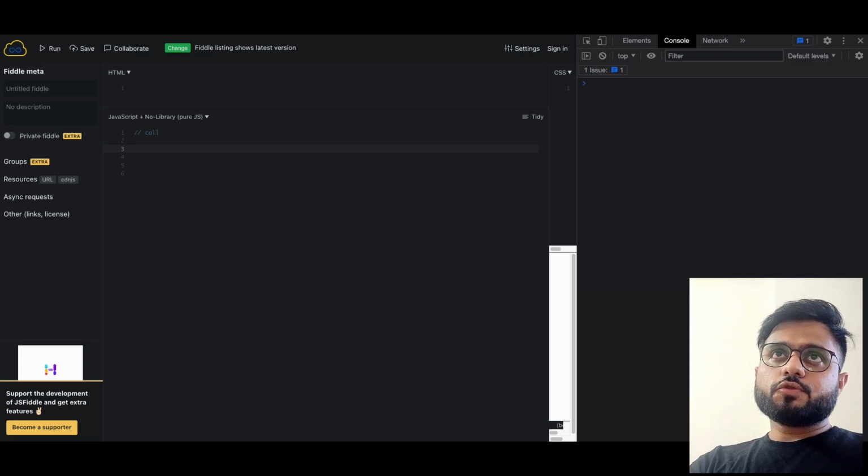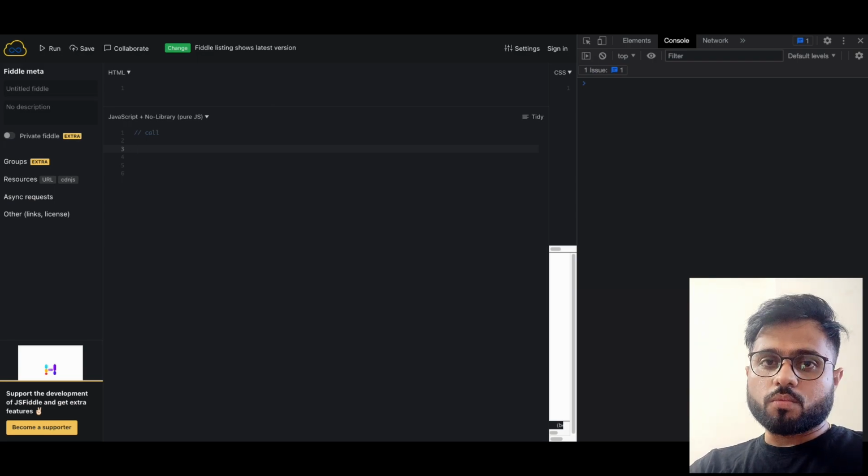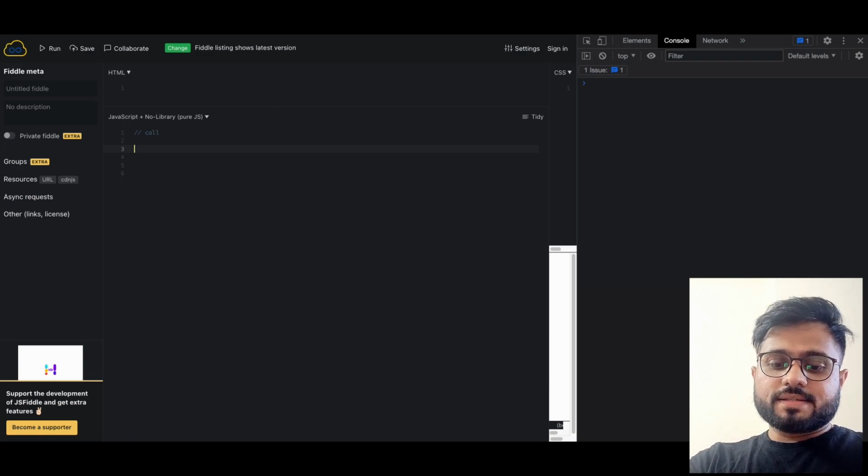So call method is used to call the function, and what is special about it, if we want to refer this keyword under the function execution to some particular object, so that can be handled using the call method. So let's see. Here we have the function abc,